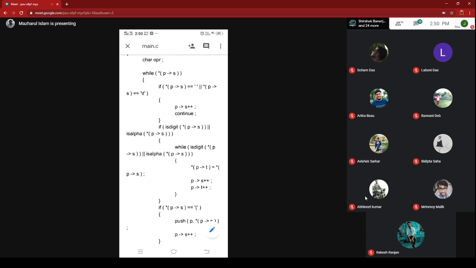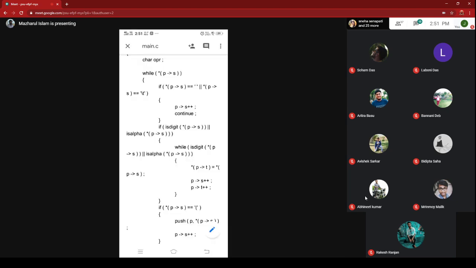Operand will never go to the stack. Operand goes where? Operand goes to the partially constructed postfix string. So inside the while loop, is digit or is alphanumeric character, when the condition is okay, then this character is assigned to the partially constructed postfix string. Its current pointer variable is indicated by P arrow T. That is why star P arrow T equal to,